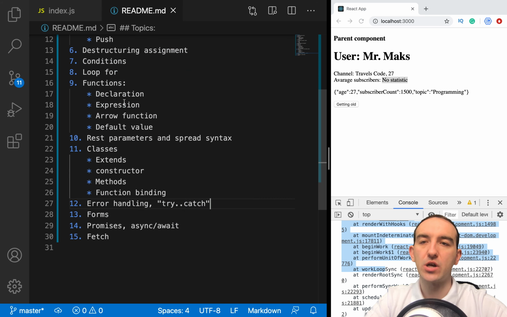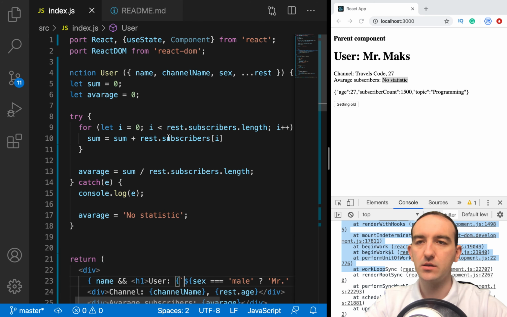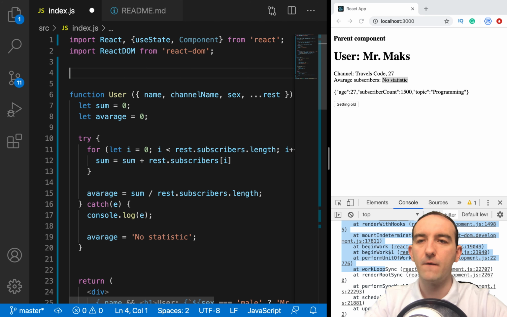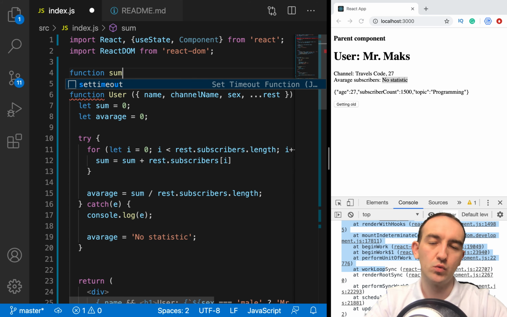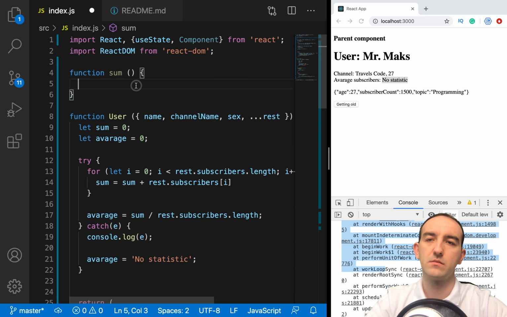And now it's time to jump to functions, and we will talk about functions. They are super important in React, in the latest React. Let's start from function declaration. Function declaration is an approach in JavaScript when we create a function with the function keyword, then we put a name, for example, sum, square, round brackets, and the body of the function. Inside we can return something, for example,